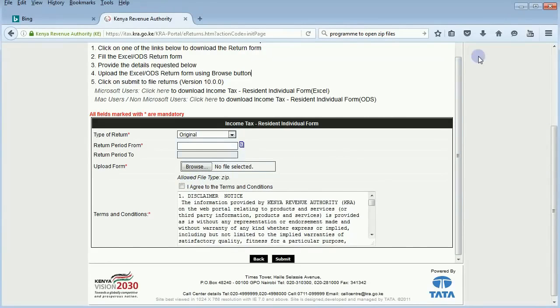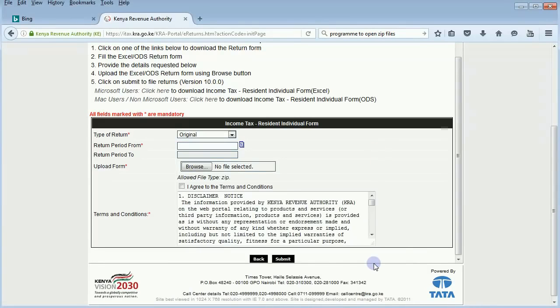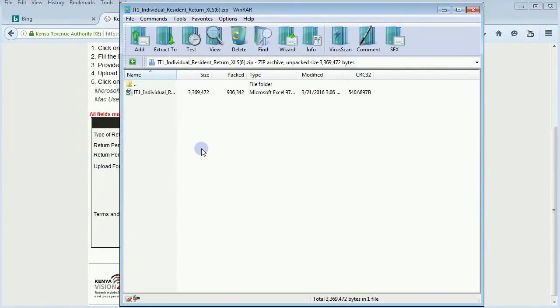So now we go and see it. Downloads. Here this is our form. So we open it by double clicking, and the form opens here. It's in a zip file format. So to open up zip file formats in programs like WinRAR, 7-zip, WinZip, and any other that you can use to open this. So after opening this, now we need to open this IT1